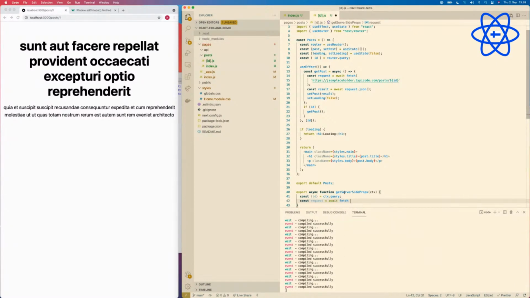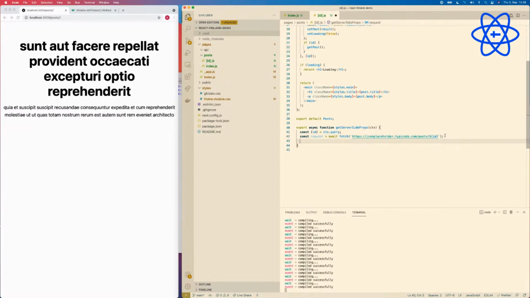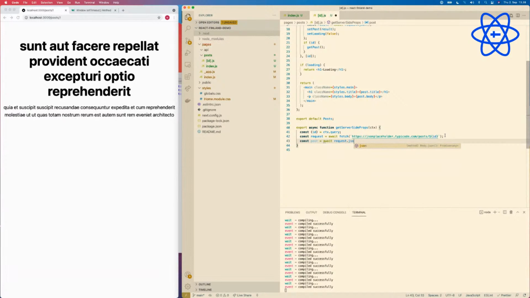We are going to use the fetch API, and then we are just going to be taking this bit here. And that's a GET request anyway, so we don't have to put anything else there. And then we are going to await for the request to resolve.